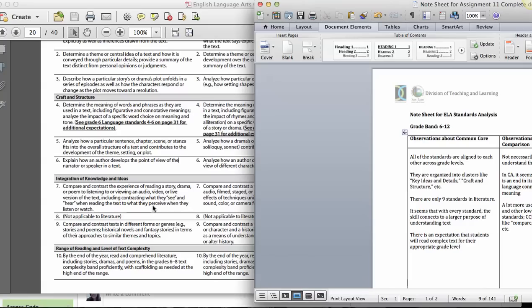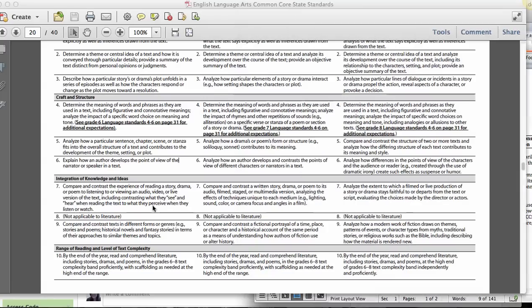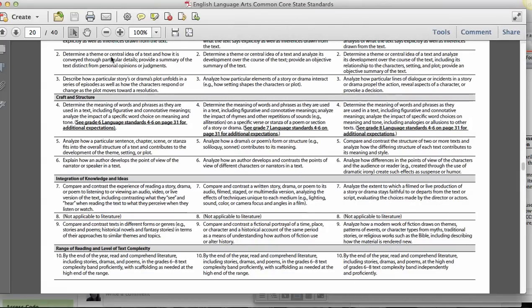One other thing that I'm noticing as I go a little deeper in looking at the language of the standards is that with every standard, it seems like the skill connects to a larger purpose of understanding text, particularly with the reading. For example, I'm thinking, with number 2, determine a theme or central idea of a text and how it is conveyed. When I'm looking at number 4, I see determine the meaning of words and phrases as they're used in a text, analyze the impact of a specific word choice